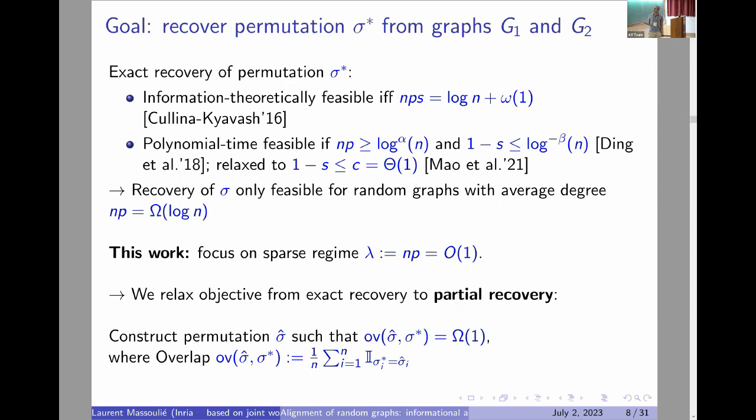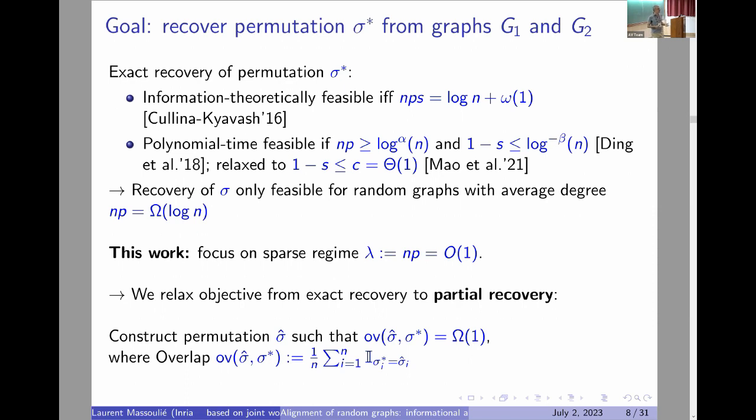And so we ask that this overlap, this fraction of vertices on which they agree, is bounded from below, away from 0. So at this stage, I wanted to ask you if everybody was happy with basic results on Erdős-Rényi random graphs,